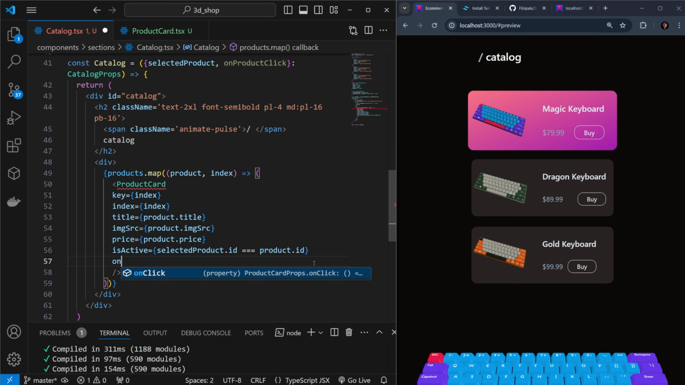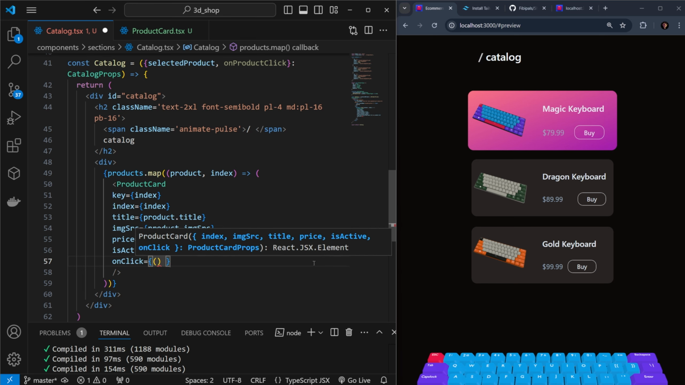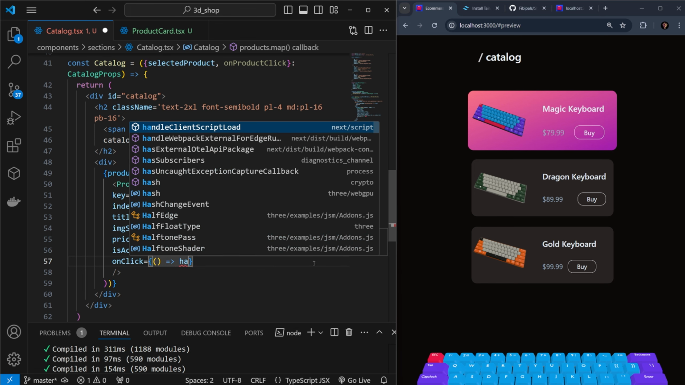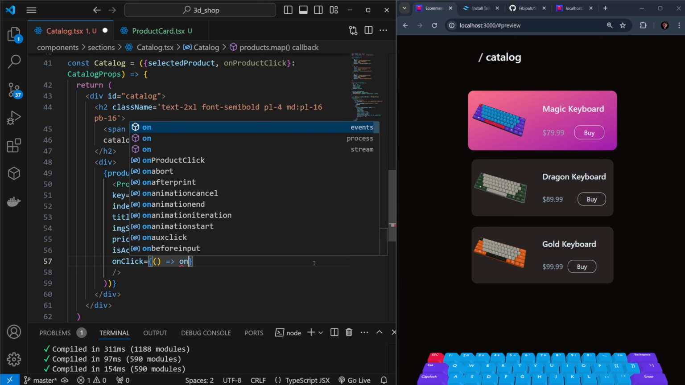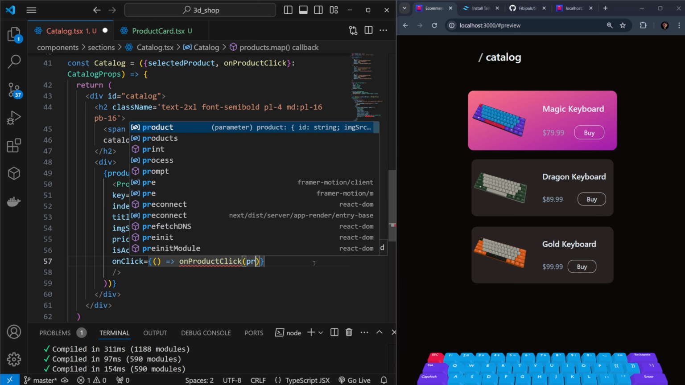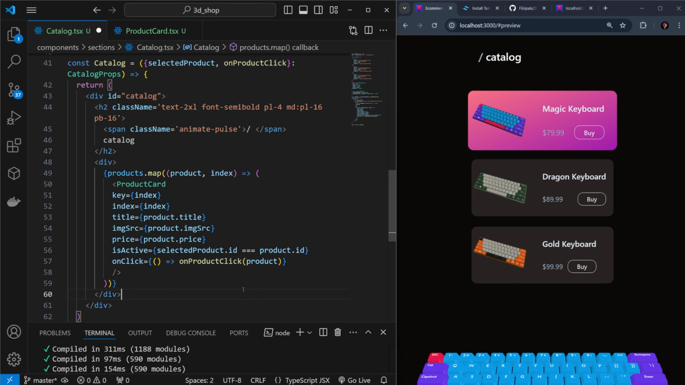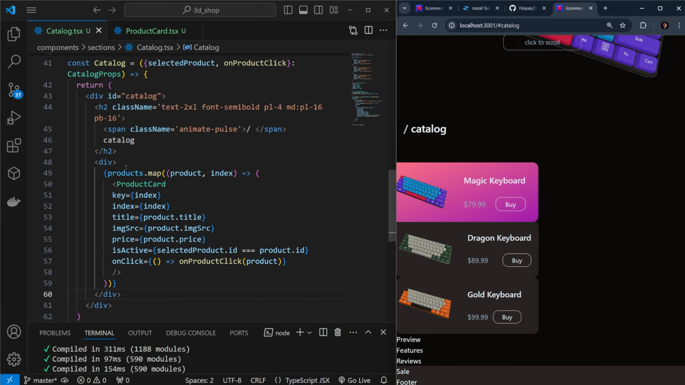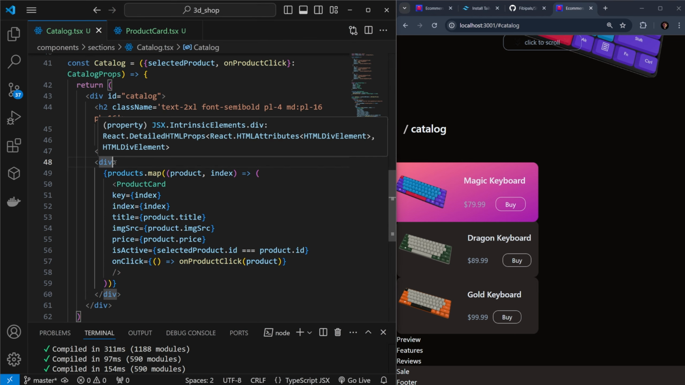And then finally we need onClick. It's a function that will take nothing, but will call onProductClick with the parameter of product, like this. So we can save it, see what we got currently, and the cards are imported, but